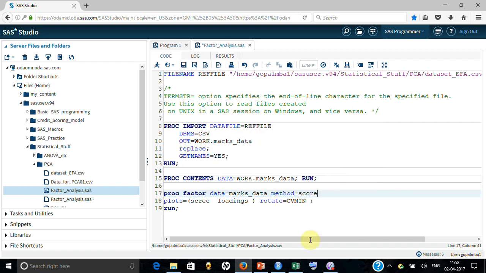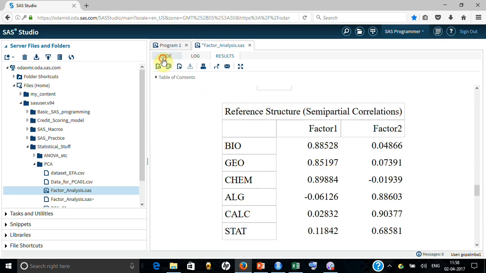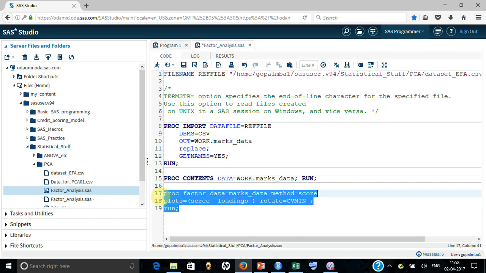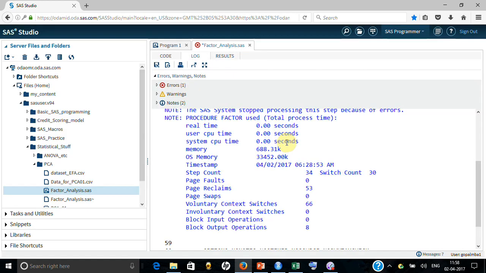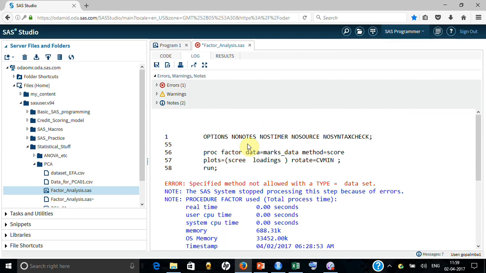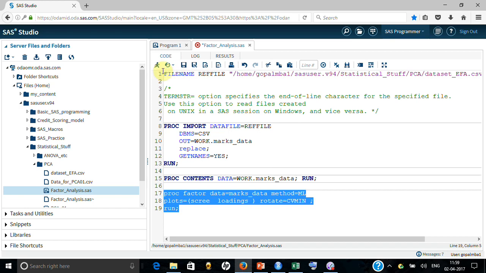Let's say if I select score, the output that you are seeing, take a look at the 0.90 and all those things. Let's see if it remains the same or not. The point that I'm trying to say, okay, so this is not allowed, so that's different. Let's try the ML method. Okay, and let's take a look. Are you getting a similar output or not?